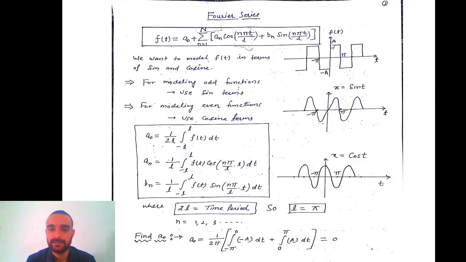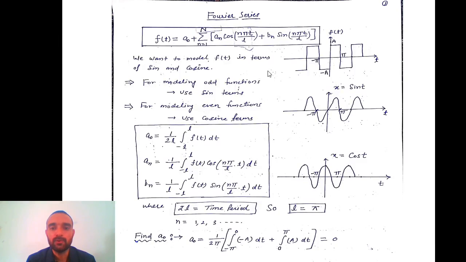We can see that the value of this signal from 0 to pi is positive, and from 0 to minus pi it is negative. The amplitude level from 0 to pi is plus a, and from 0 to minus pi it is minus a. So we can represent this signal as an odd signal, because x(t) = minus x(minus t). When x(t) = x(minus t), it is an even signal.